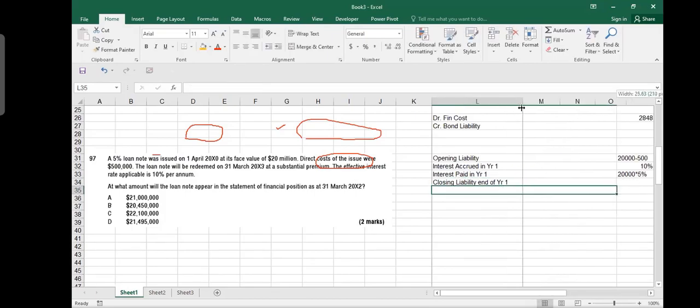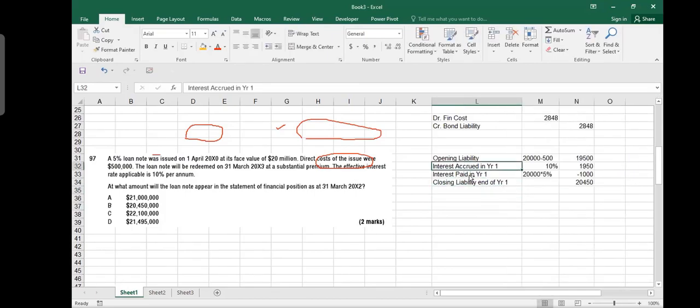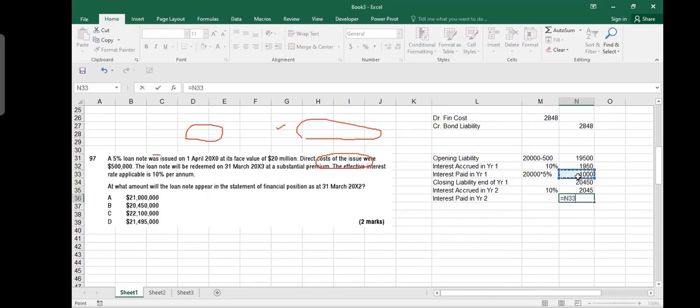And then we need to do the second year. You will say interest accrued in year 2. In year 2, again that is 10%, and that 10% will be this 20 multiplied by 10%. And then you would say interest paid in year 2, and that would be the same fixed amount. And you come back to total, and your answer should be